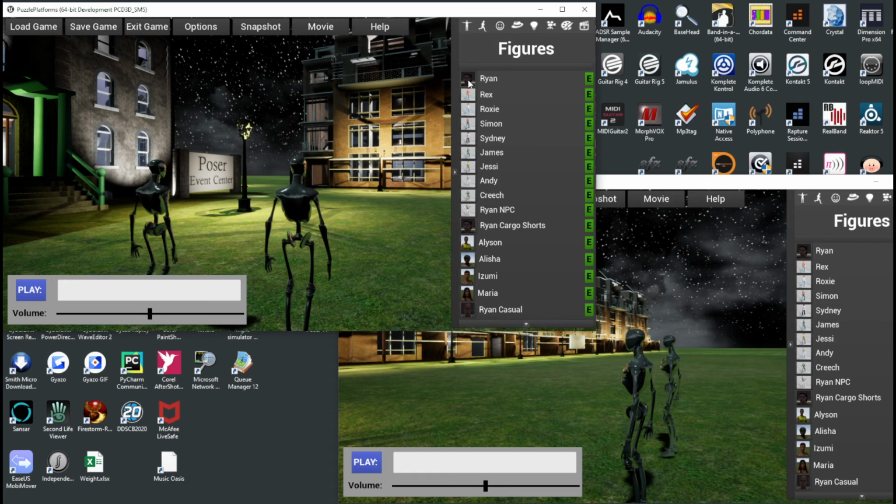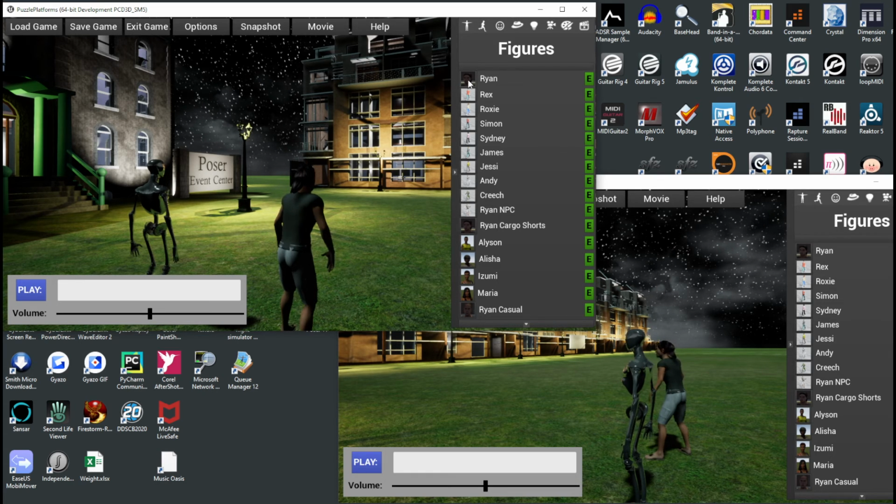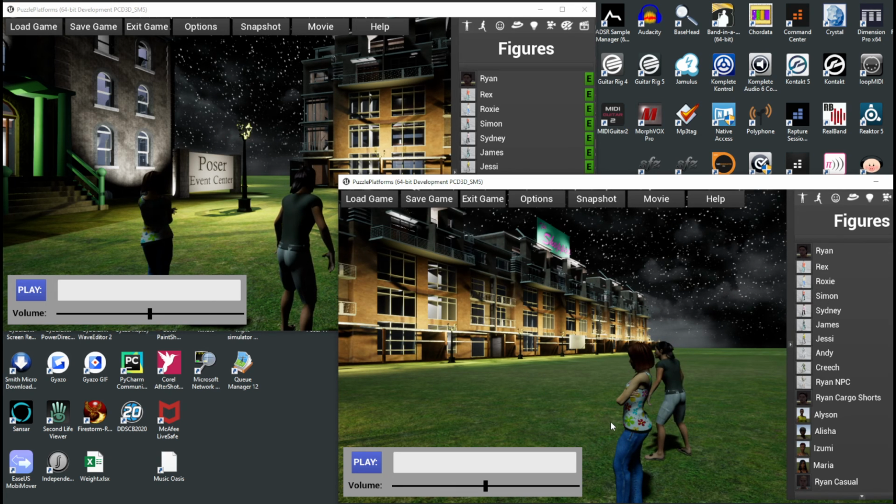I can change a character. I talked about that. I can change the avatar, and you see how it changed down here. That's called replication. That was the hardest thing I had to do, is figure out how to get all that working across clients, because none of that was available in single player, since you didn't have more than one player. It works both ways. That was that client doing it, and here I changed to Roxy.